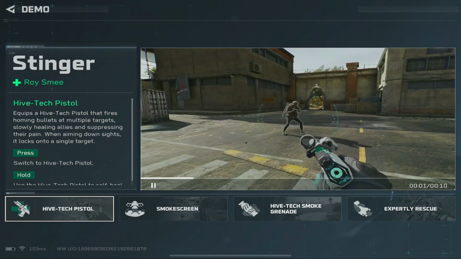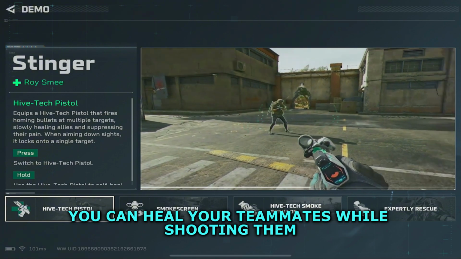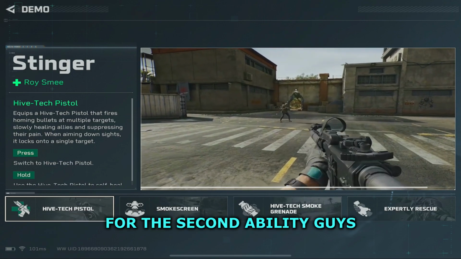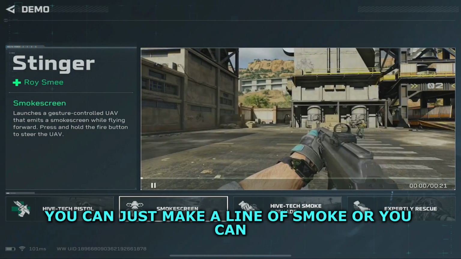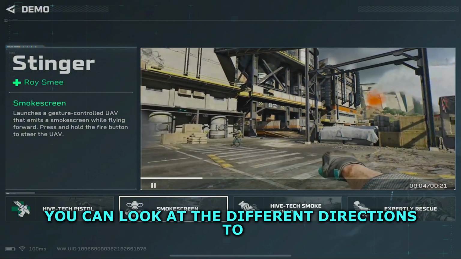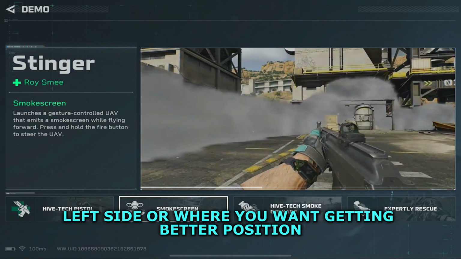Let's go. On the Support side, guys, you have Stinger, who can heal your teammates while shooting them, or you can hold the button to heal yourself. For the second ability, guys, you have a Smoke Screen. You can just make a line of smoke, or you can hold the button while using it. You can look in different directions to move your smoke to the right side, left side, or where you want,